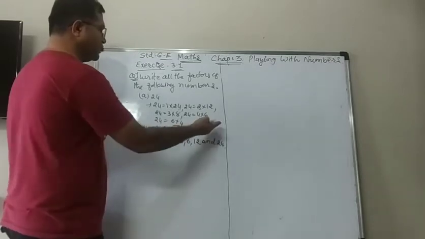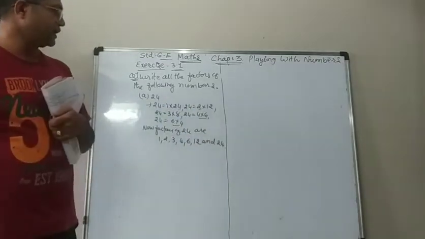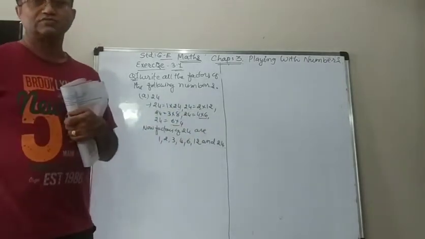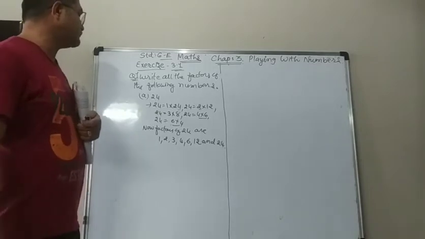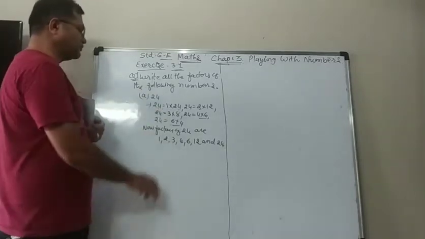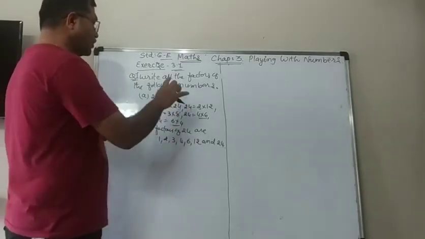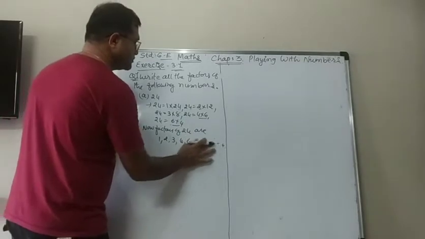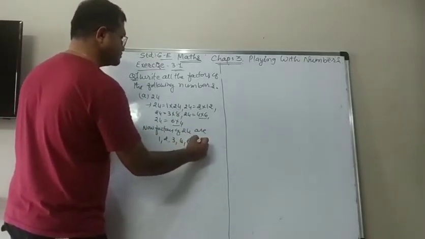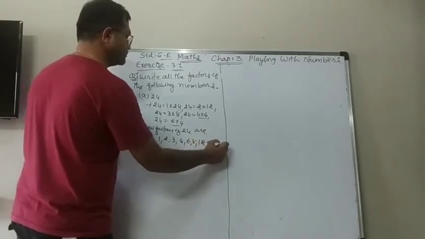Because if you go forward, you will get the same: 3 8s are 8 3s are back, and therefore when it repeats or the same number comes, then we have to stop going forward. So here we get all the factors of 24: 1, 2, 3, 4, 6, 12, also 8, we forgot. So 1, 2, 3, 4, 6, 8, 12 and 24.